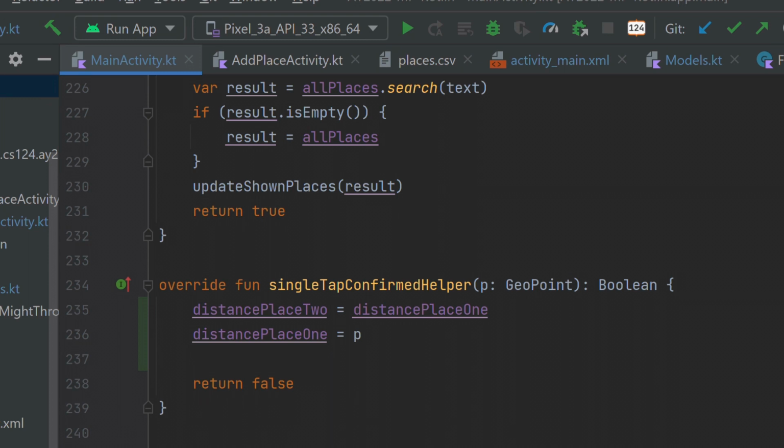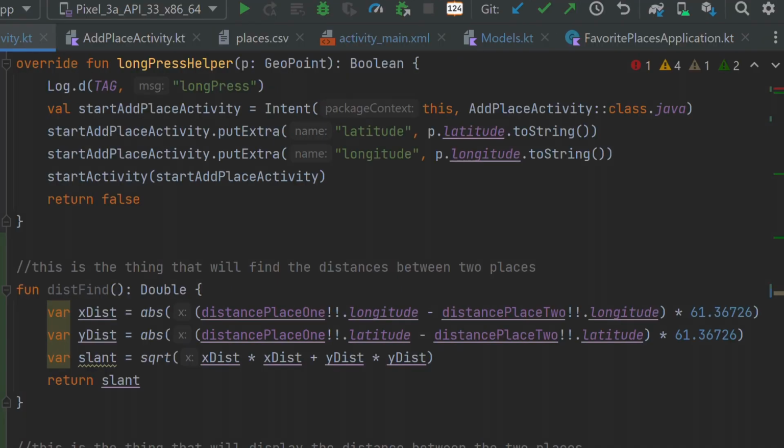To make these actually useful, I repurposed the single tap confirmed helper method to set the two variables to always be equal to the last 2 points that were clicked. This then goes to a function which gets the difference in longitude and latitude and uses these to find the hypotenuse between the points. The reason both the longitude and latitude points are multiplied by